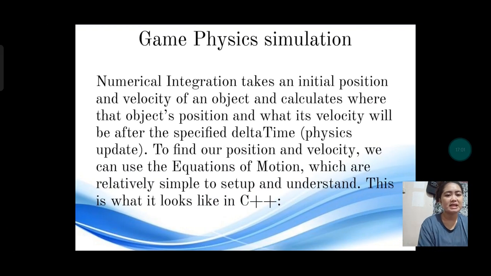Then numerical integration takes an initial position and velocity of an object and calculates what that object's position and velocity will be after the specified delta time physics update.